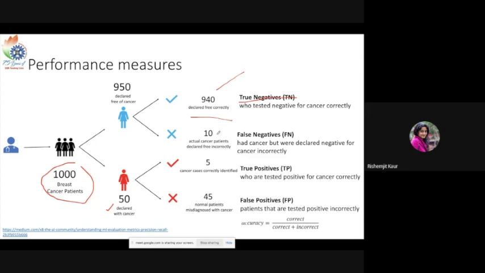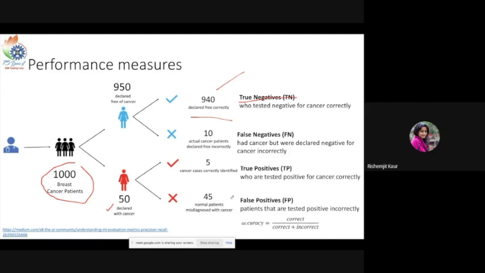So see, here we are putting positives as having cancer and negatives as free of cancer. So two classes, positive and negative, right? And five of them, who had cancer, were also correctly identified as having cancer. That becomes true positive, who tested positive for cancer correctly. And then